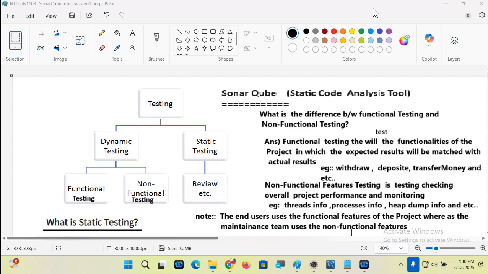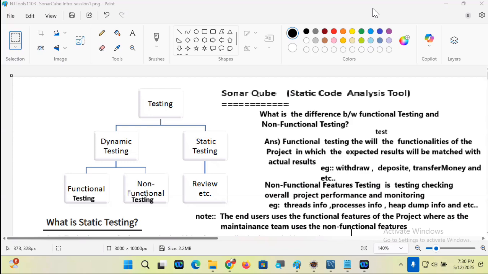Take a banking project, guys. Withdraw, deposit, open account, close account are all functional features. If you are doing testing on functional features, that is called functional testing. But in the same project, we add some non-functional features for proper maintenance.